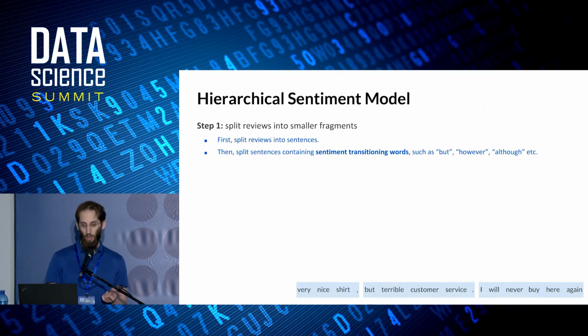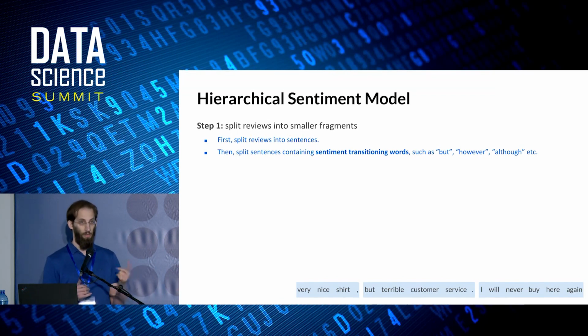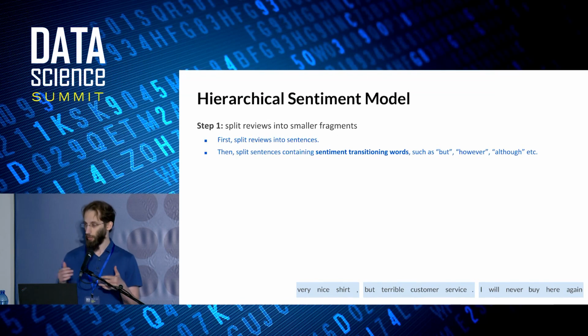What I want to describe now is how we designed our hierarchical sentiment model to solve the problem of opinion sentiment analysis based only on star rating. This is divided into 4 steps. The first step we're going to do is take the review and split it into smaller fragments. First, we're going to start by splitting it into sentences, which is relatively easy. The second part is splitting these sentences even further according to what is called sentiment transitioning words: but, however, except, although,